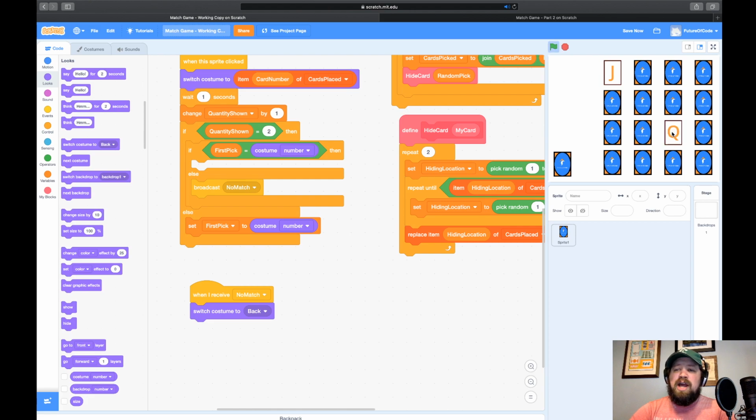All right, I picked a jack, and then I picked a queen. Look at that. It gave me 1 second. That's why I put that 1 second delay in there. It gave me 1 second to look at them, and then it flipped them back over. That's kind of the challenge of this game. See how quickly you can memorize it, right? But look at that. We got it back to looking normal.